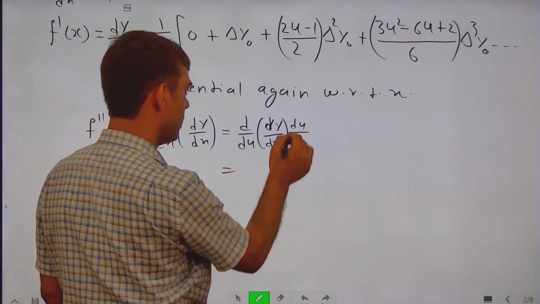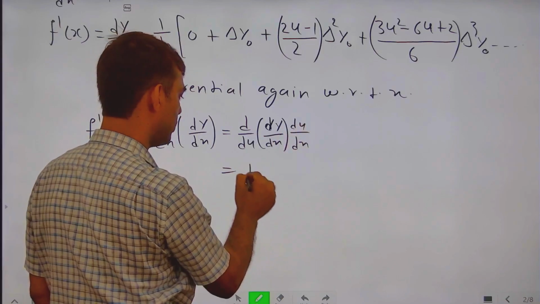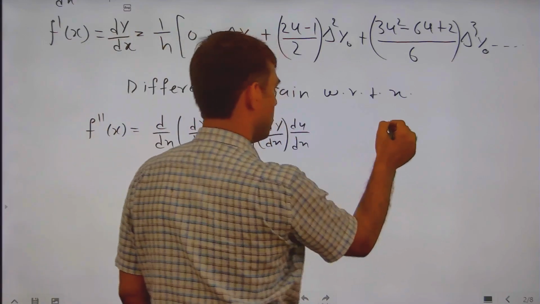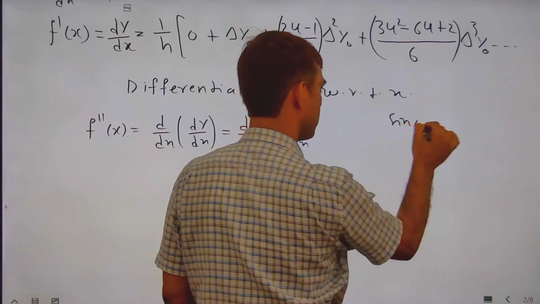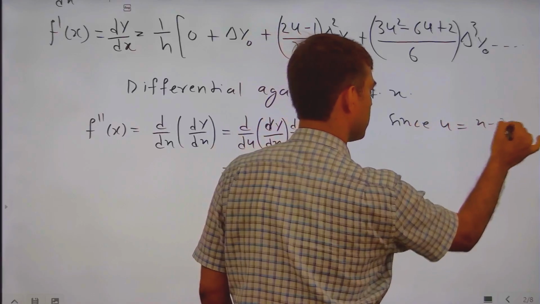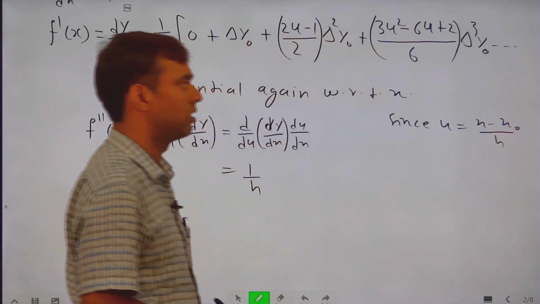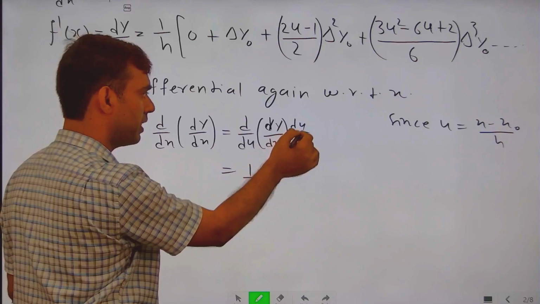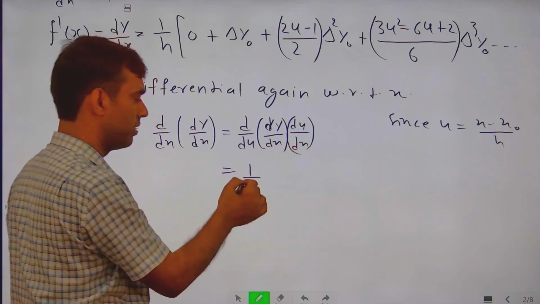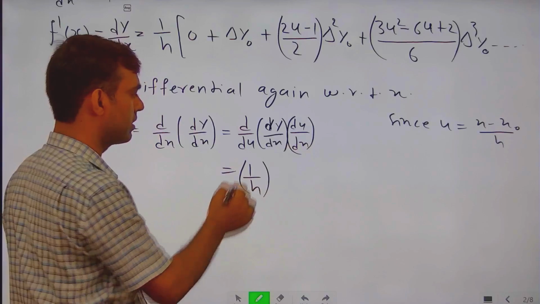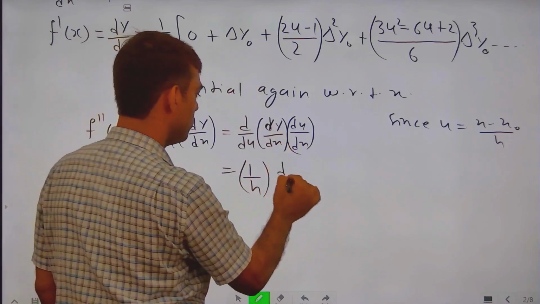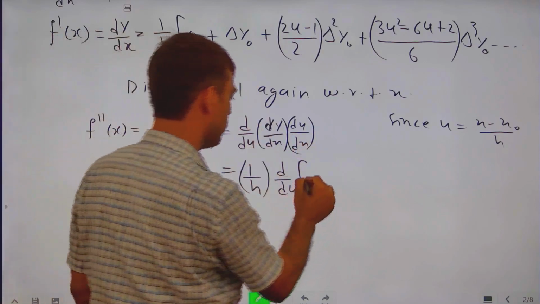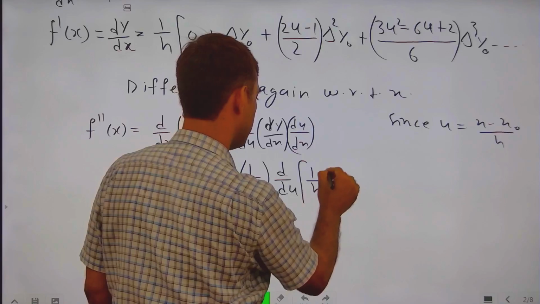So, this becomes du/dx is again 1/h, because u is what? U is (x - x₀)/h. So, du/dx is 1/h. So, first we write the value for du/dx here, then d/du of what? dy/dx. Here we put the value for dy/dx, this one is 1/h, inside